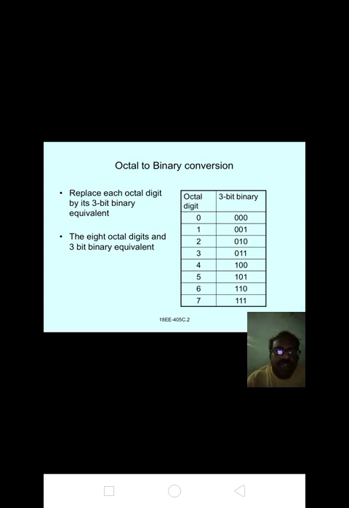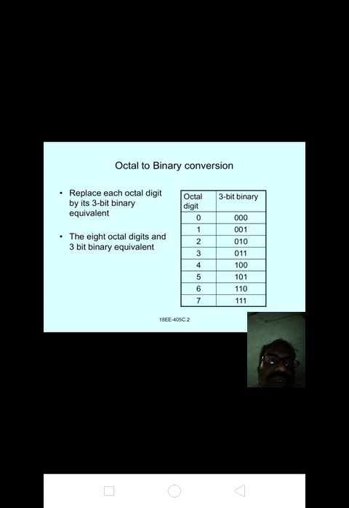Here you may have a doubt: how do we get the binary value of 0 as 000 and 7 as 111, and the rest also? Here a small logic is there. To get the octal digit value in binary form, we must know the code. Here we have 3 bits, so the weights are 2 power 0, 2 power 1, 2 power 2. That is 2 power 3, which means 8 values. We get the code 421.